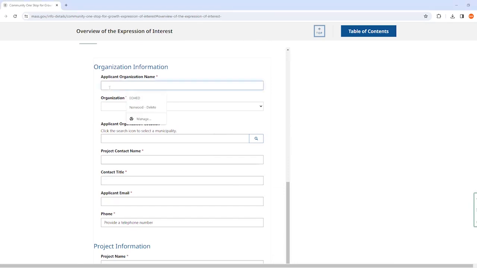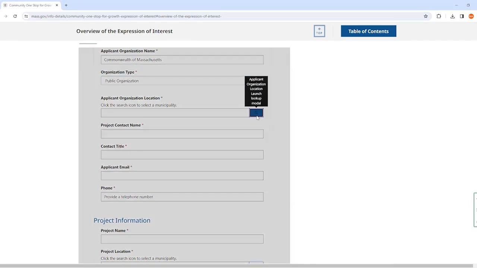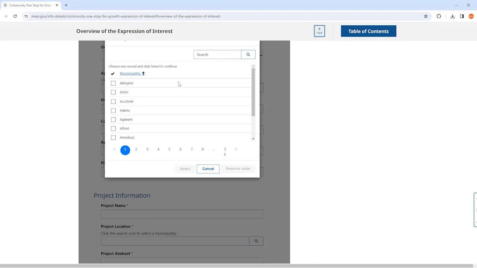So the form starts by asking for some simple organization information. So we'll just say Commonwealth of Massachusetts. You select your organization type, and we'll say we're a public organization. The location of the organization. So we'll